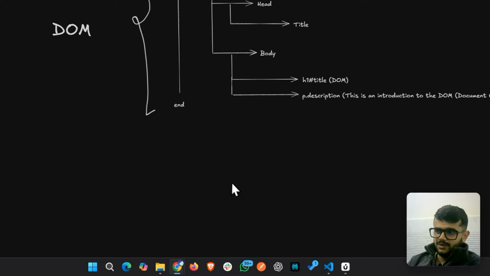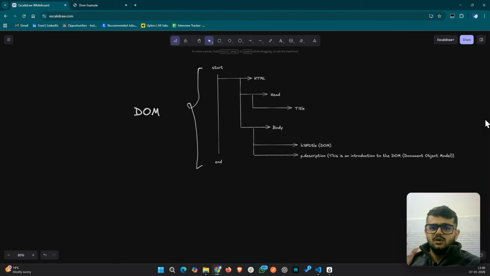So again, reiterating, what is a DOM tree? It is a representation of the web page. This is exactly a web page, and we have represented it in a tree structure, in a hierarchical structure,